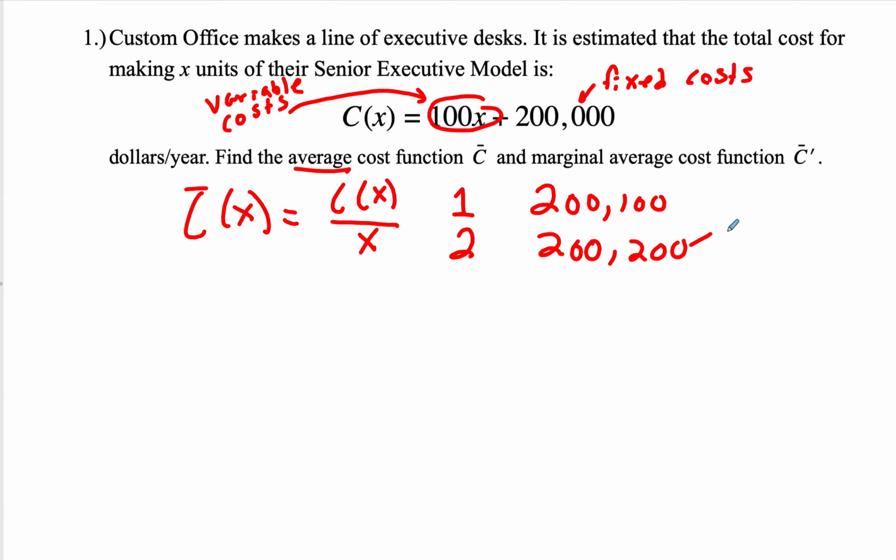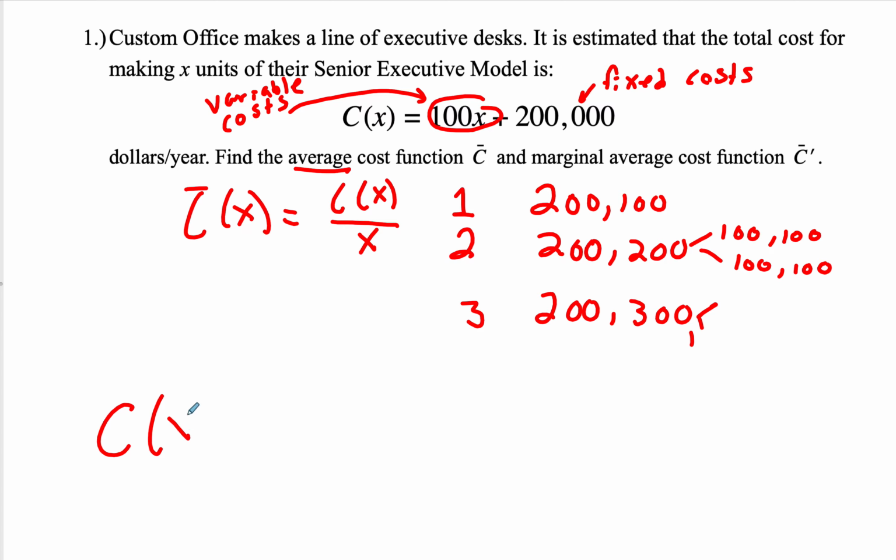So on average, each of the desks is going to cost me 100,000 plus 100 to make, if you split it up evenly. If I make 3 desks, it's going to be like this. To figure it out, I'd have to cut it into 3 equal parts, then 4 equal parts, etc., up until X equal parts. So if we look at it in terms of this function,